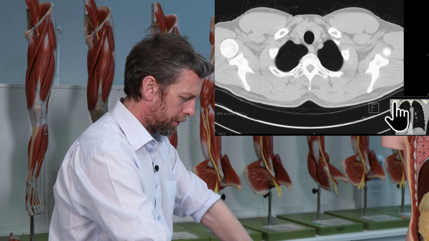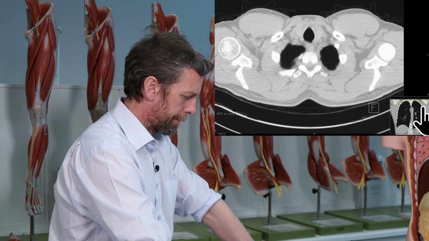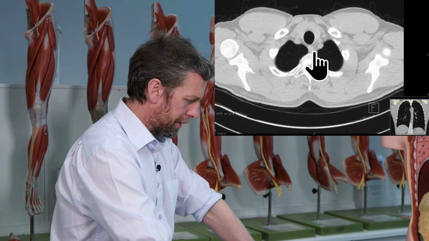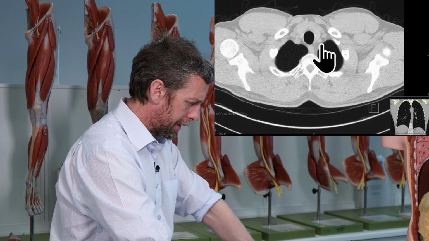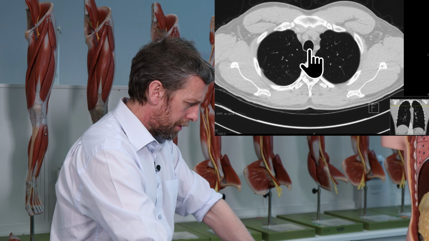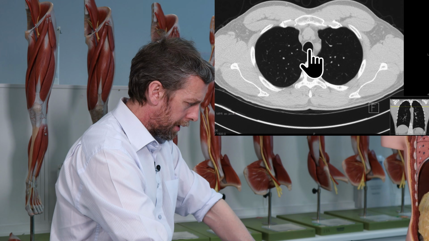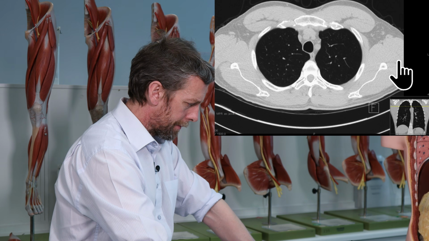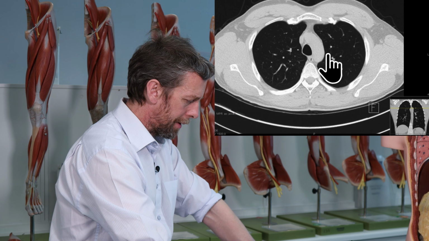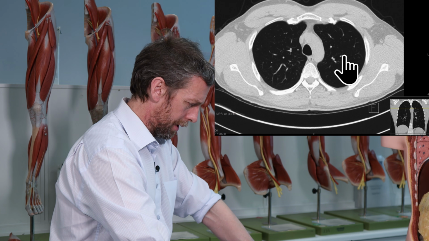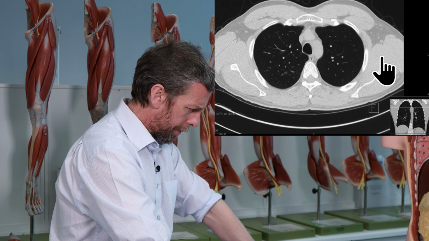Right, we're back at the top. Here's the trachea. Here are the lungs starting to form here. Now we've already found the veins, so we're looking for some nice circular structures forming, aren't we? And we're kind of looking for 3 of them. Right, remember, landmark? That funky shape there, like a jelly bean, at this level of the thorax, is the arch of the aorta. So if I scroll up,